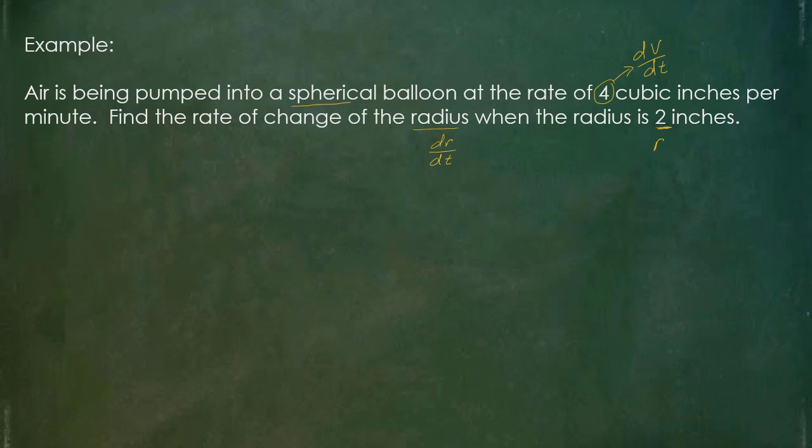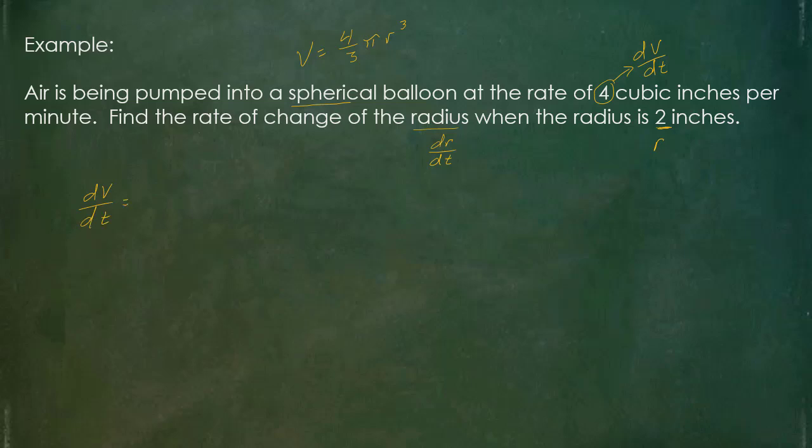So for this one, since it has this volume concept, I would need to use the volume for a sphere. If you didn't know it, you could do a search for it, or hopefully this is something that you recognize: it would be 4/3 pi r cubed to come up with the volume of the sphere. So essentially what I do is I take that expression that related the variables, which is my volume formula, and I just take the derivative with respect to t, so that would turn the left side into dV over dt,